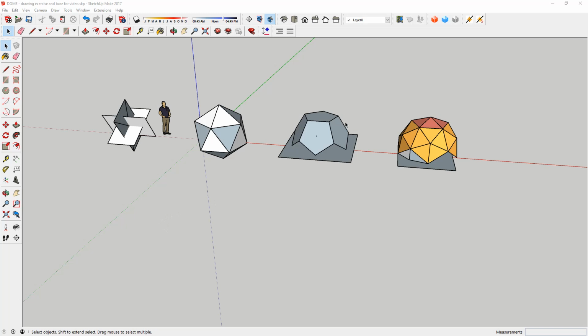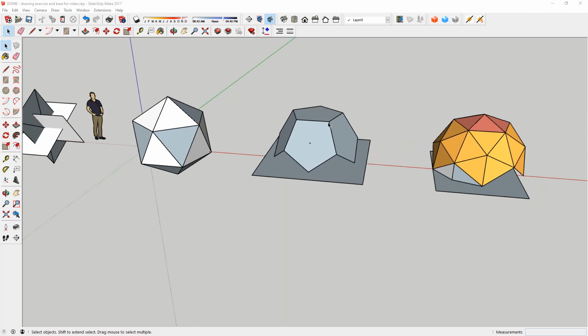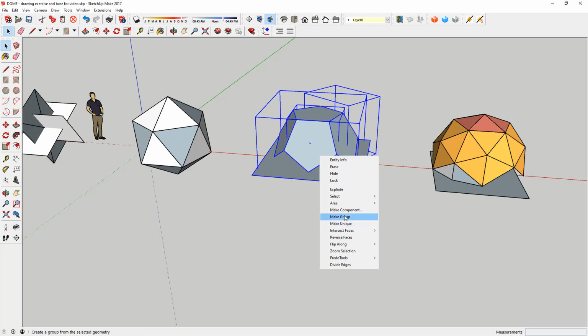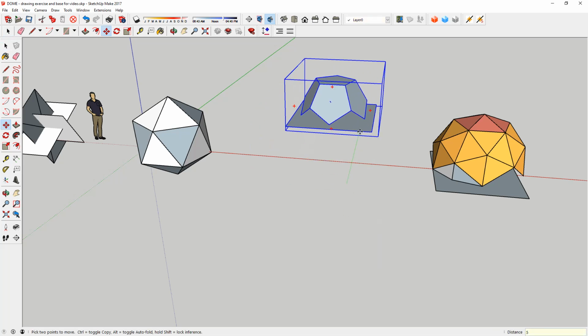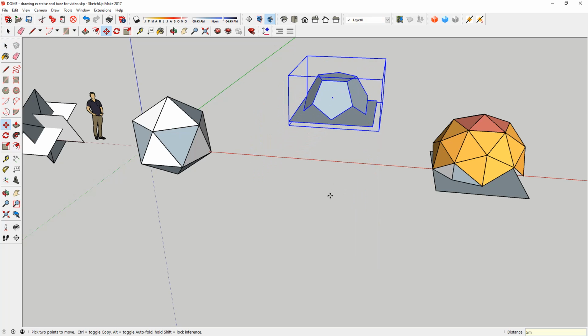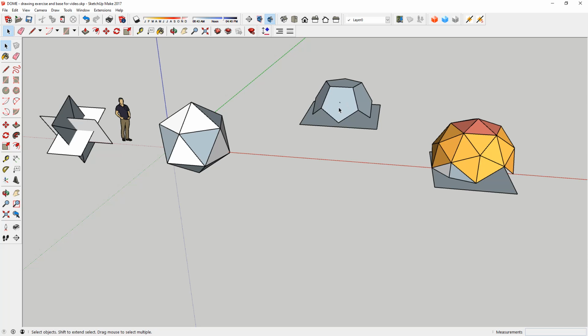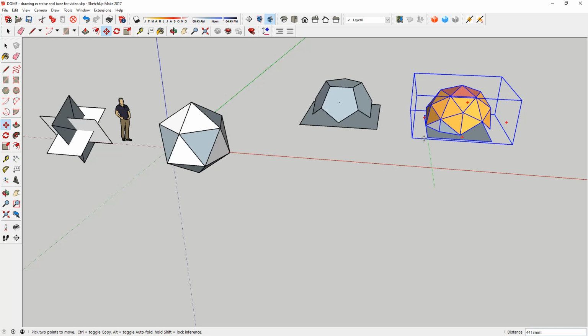Straight back into it, and I've come back to this SketchUp drawing. I am going to group that and set it aside. So I'll just move it back 5 meters. I won't be using this. In fact, I'll group that. Make group, and I'll set that back 5 meters. I won't be using that again. I might reference it, but